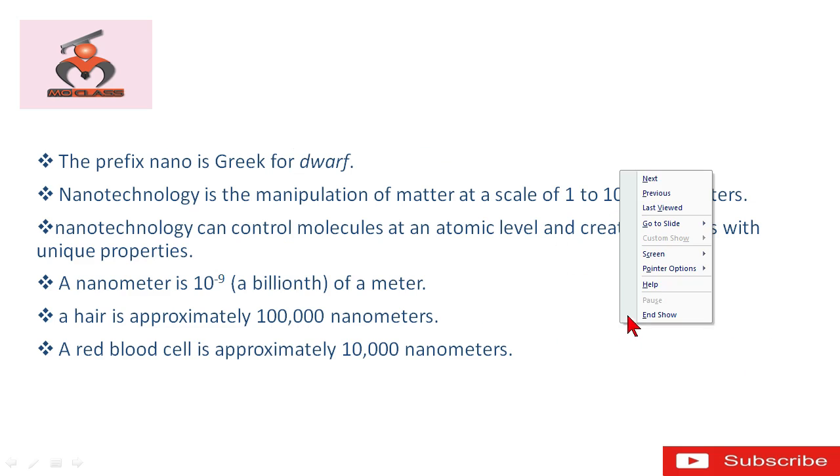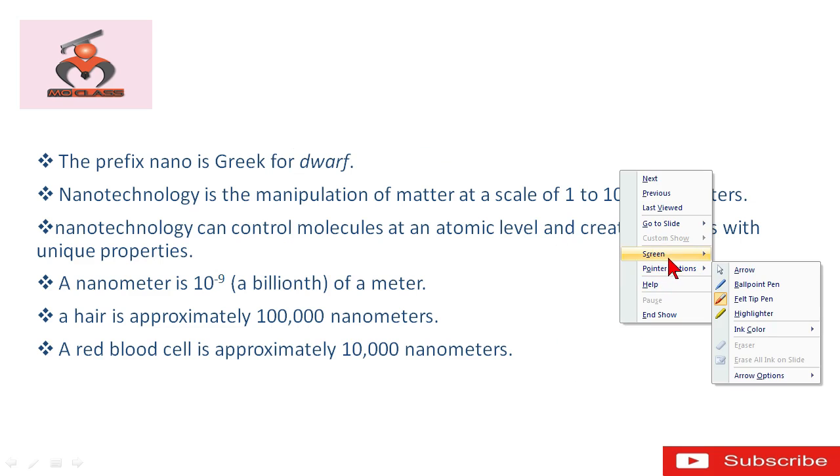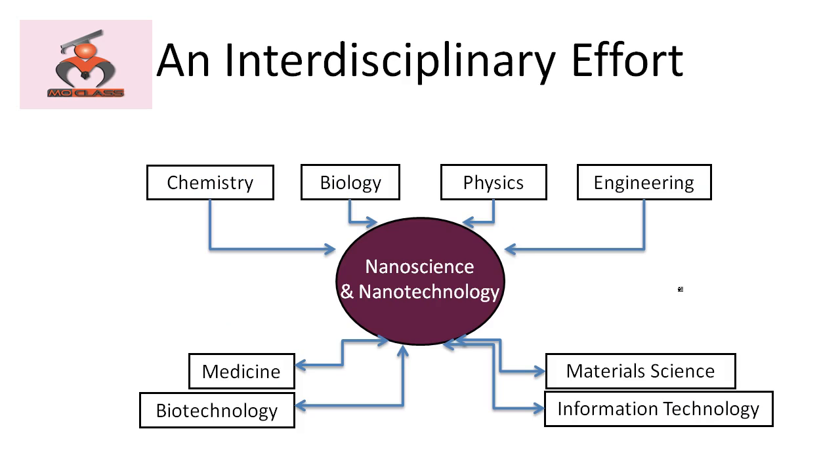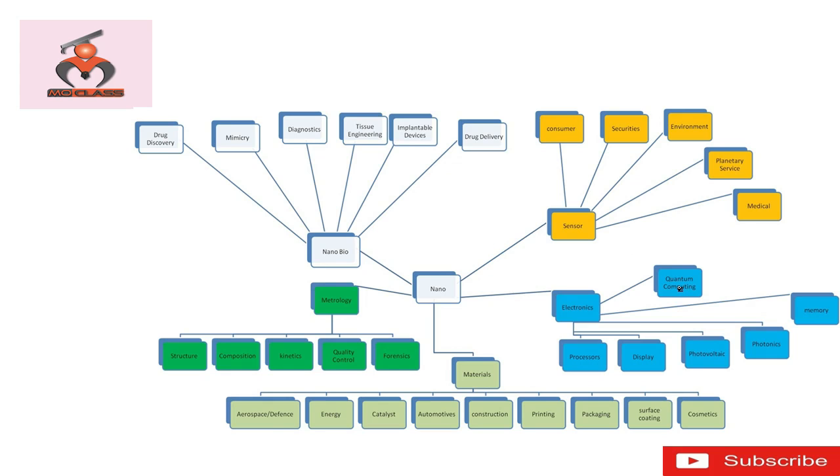Your red blood cell is 10 micrometers or 10,000 nanometers. We can see that nanoscience and nanotechnology is a combination, or the outcome, of different technologies or different disciplines which are collaboratively making an effort to create different technologies. Now, if you classify the applications of this nanotechnology,